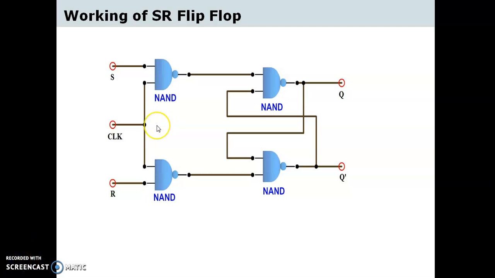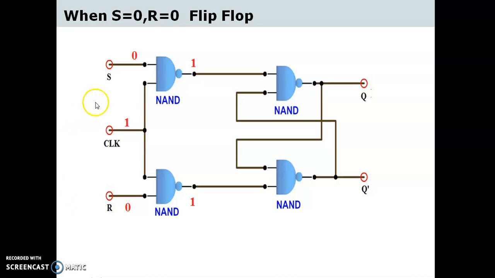The SR flip-flop works during the transition of the clock pulse either from low to high or from high to low, depending on the design, that is, it can be either positive edge trigger or negative edge trigger. As the flip-flop is clock driven, for simplicity we will consider the clock as 1 all the time for all possible combinations of S and R.